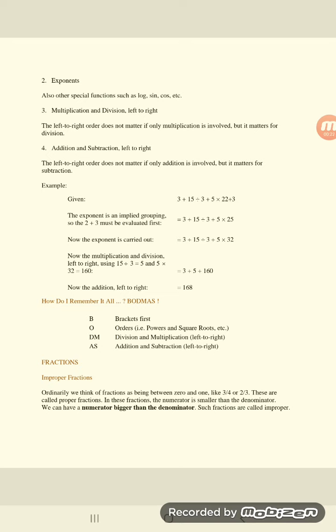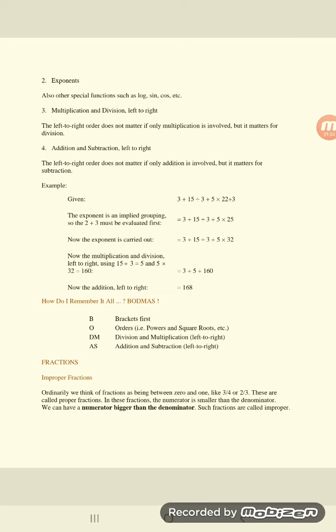Now let us see the part on addition and subtraction. If we deal with addition, subtraction, division and multiplication, you already know how to deal with them by using the concept of BODMAS. Still remember, we solve the bracket first. If you have the order, power and roots, and square root, we use them first, then